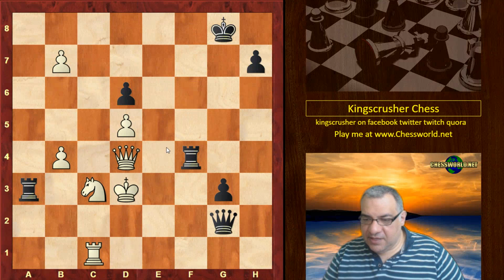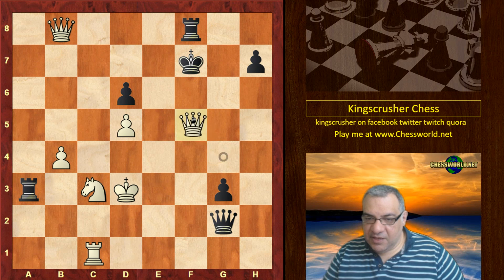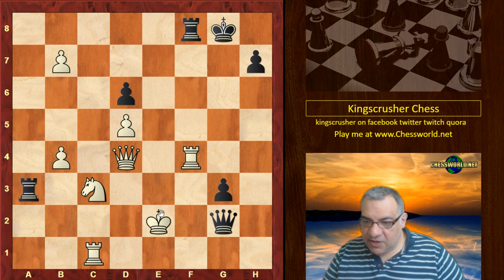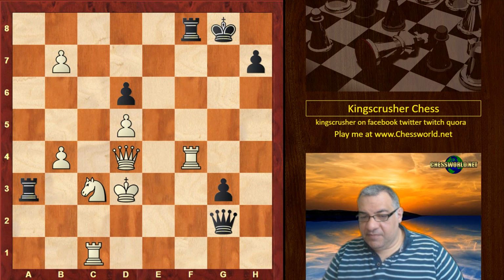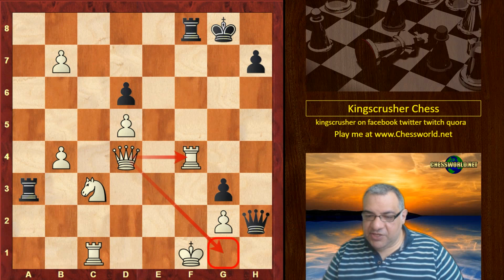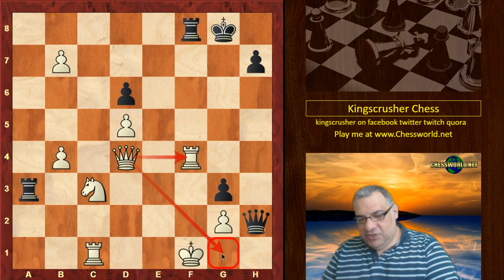If he takes here, we can queen with check, probably best. And if here, queen g4 check is going to be mating. It's all with tempo, of course, for example. So yeah, there's nothing really to do after king d3 or even king d1. Yeah, all the checks have run out. Okay, so I'll go back to the game ending position, king f1. Yeah, sometimes that's useful, but